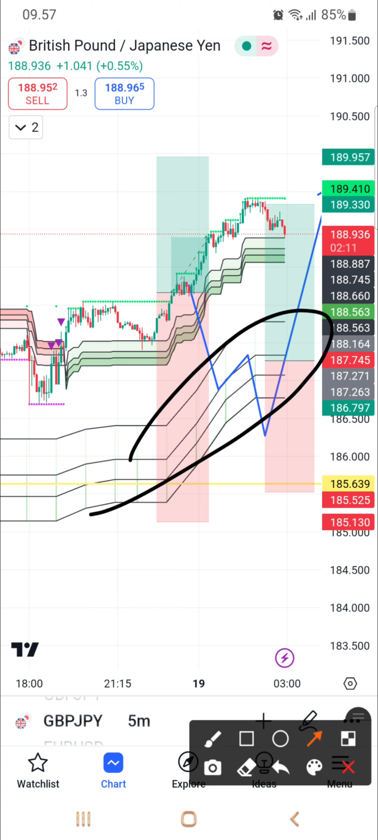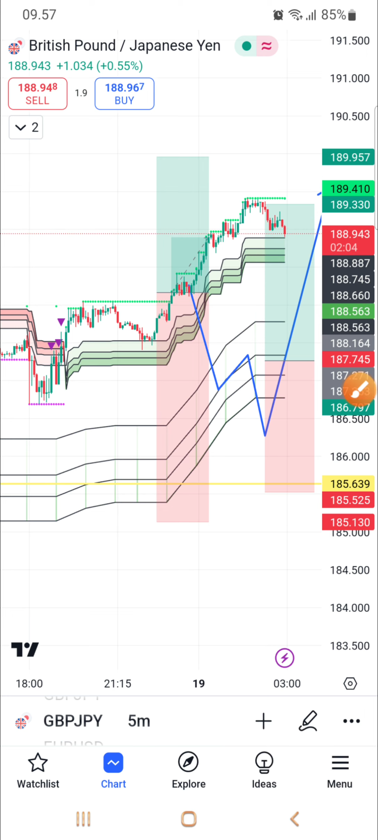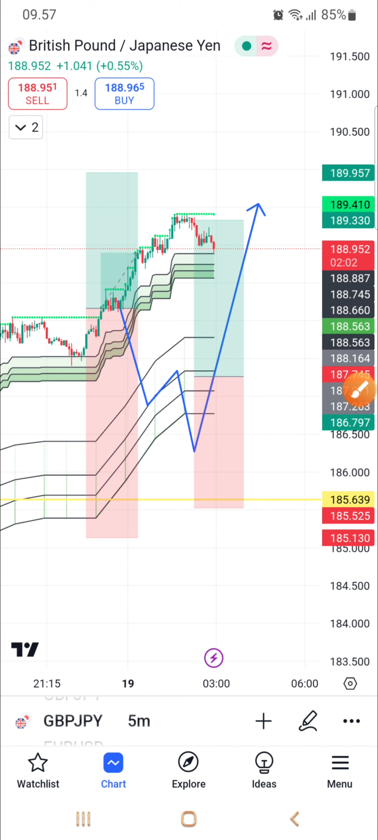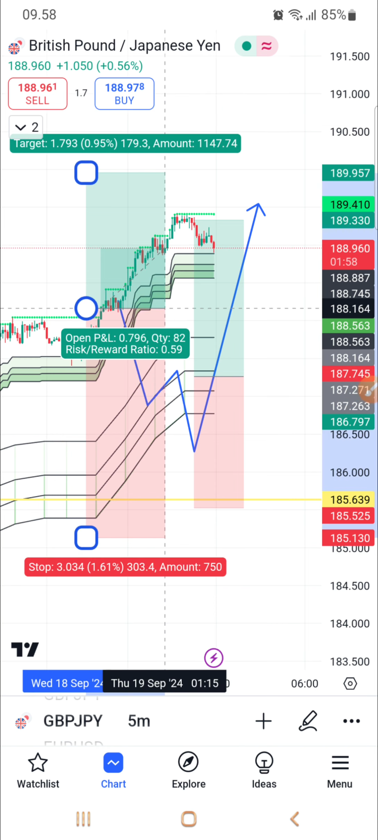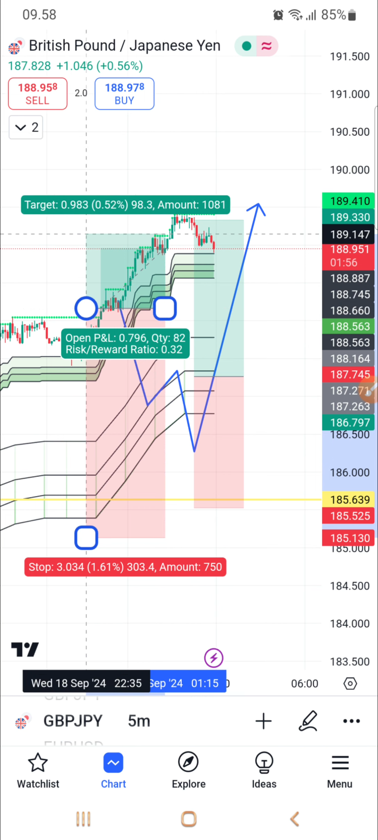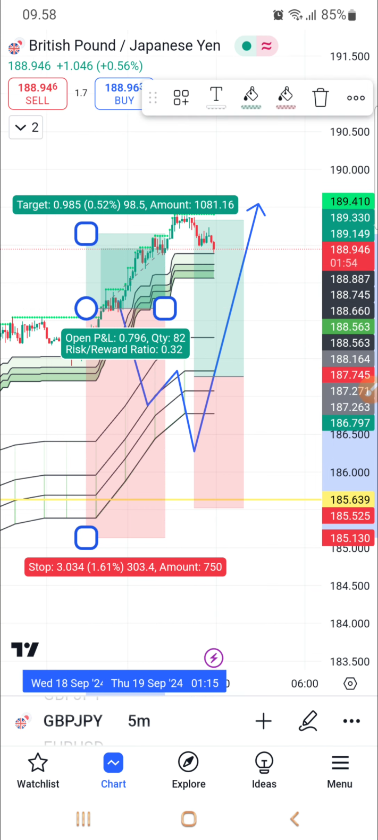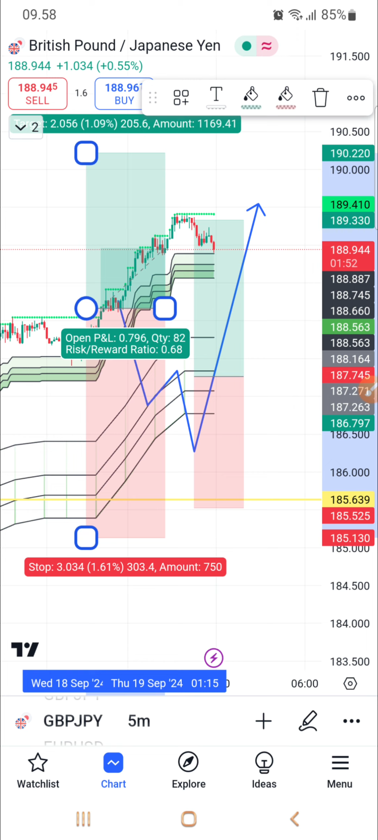So if price goes down, maybe a little bit like this one, we have to buy, and what I'm expecting is price going up as soon as possible. If we buy at this level, this is the area for buying. So maybe we have some profit of about 90 pips. But yeah, once again,